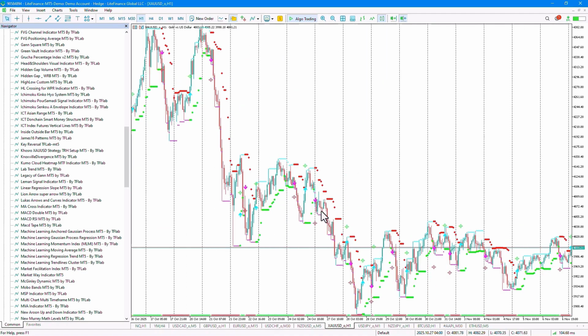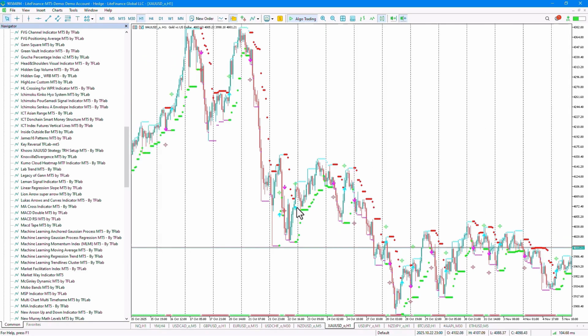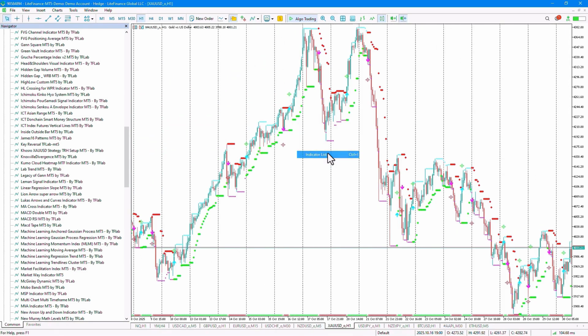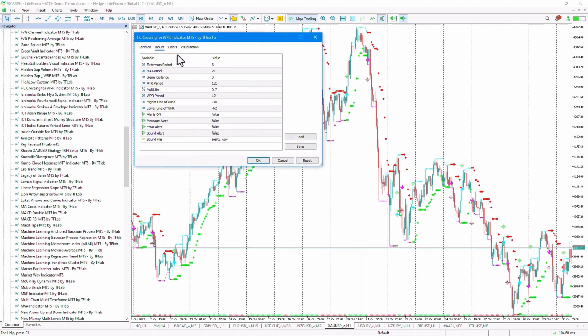In the settings section under inputs, there are several different options available to us. In the very first input, we can set the period for identifying extremums, or the highs and lows, which we can specify here according to our preferences. The longer this period, the fewer signals will be generated, but they will be more reliable and trustworthy. Conversely, the shorter this period, the more signals will be generated, but they will be less reliable and potentially more